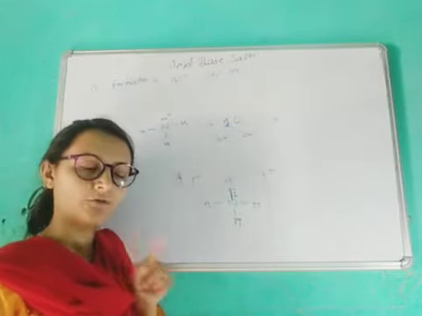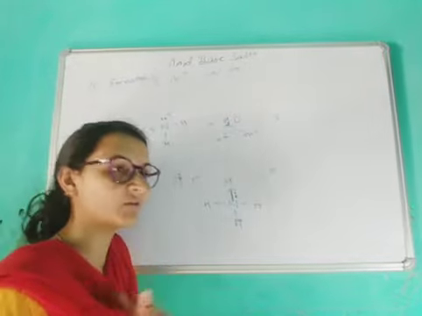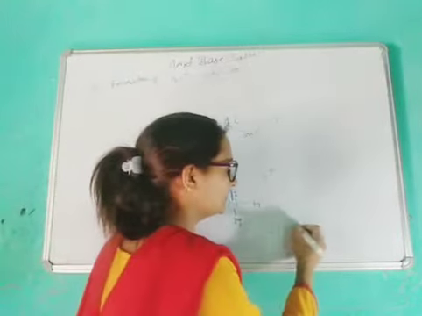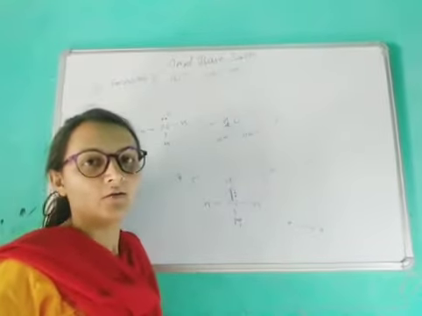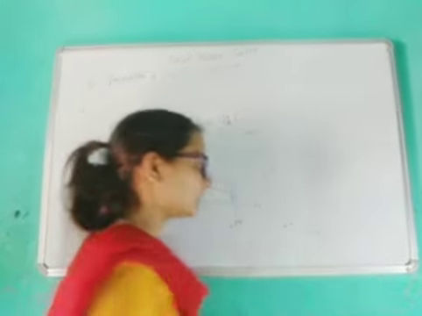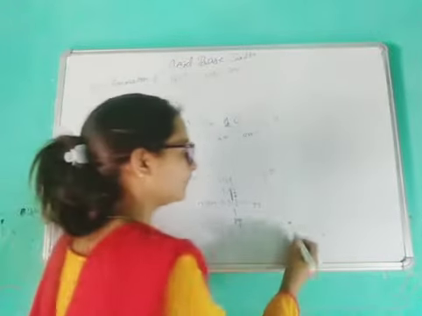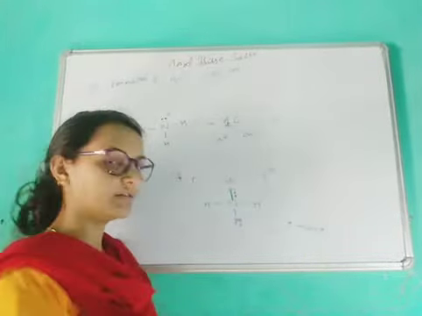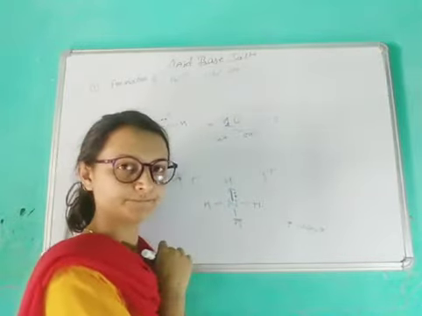remember this thing, for one bond the 2 electrons are compulsory. A single electron cannot form a bond. So to form a bond between any 2 atoms, there must be 2 electrons, whether they are shared by both members or given by only one. So in this condition, if one partner is giving its 2 electrons and they get bonded with each other, it will be a coordinate bond.